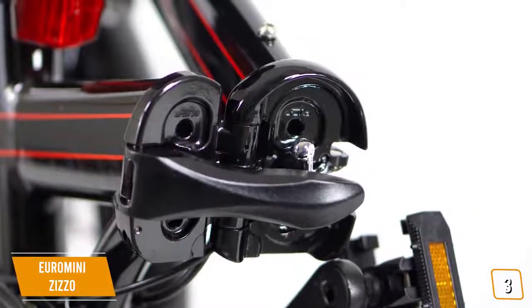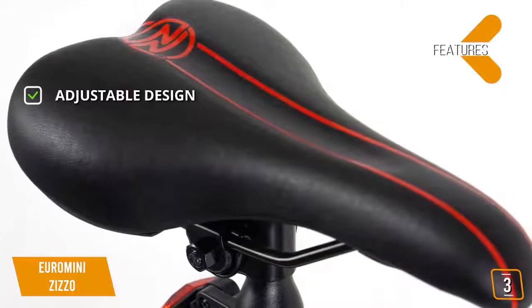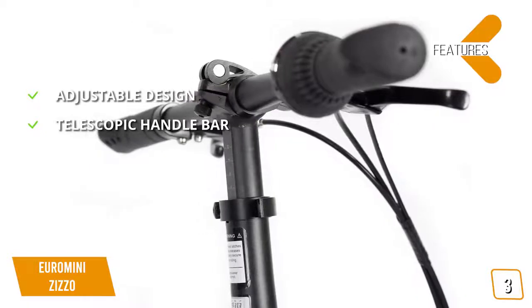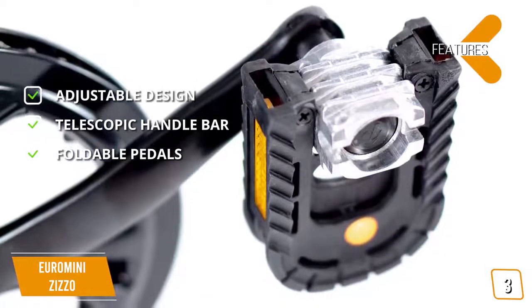This means that you won't have to deal with it flopping around at all. The features include adjustable design. You'll be able to adjust the height of this bike to match your riding needs perfectly. Telescopic handlebar. The handlebar design this bike offers always gives you a comfortable grip while riding. Foldable pedals. Even the pedals on this bike fold up, making it much easier to store than a lot of